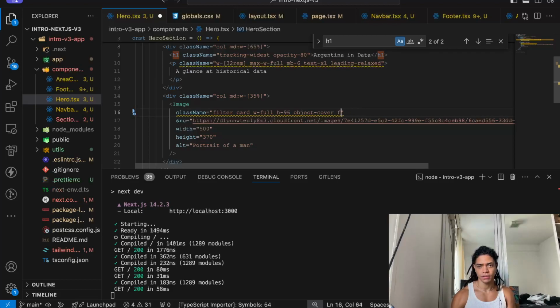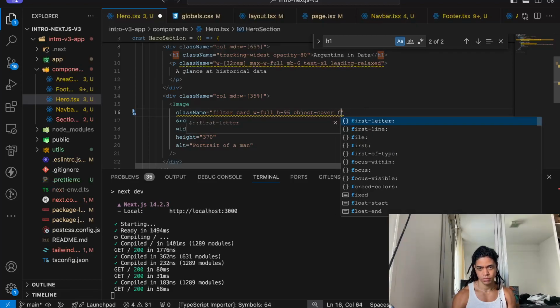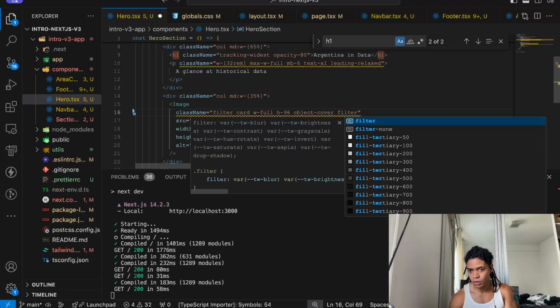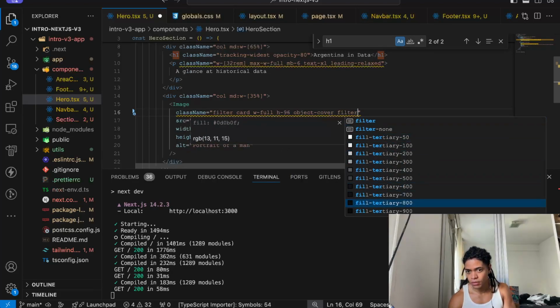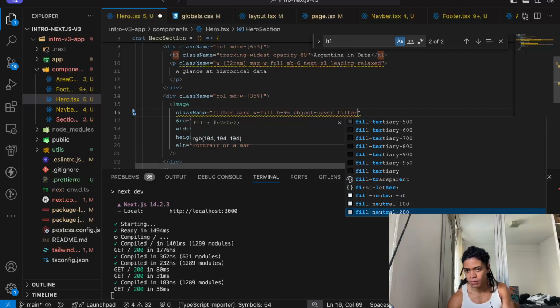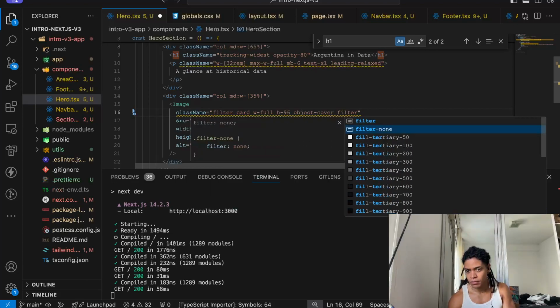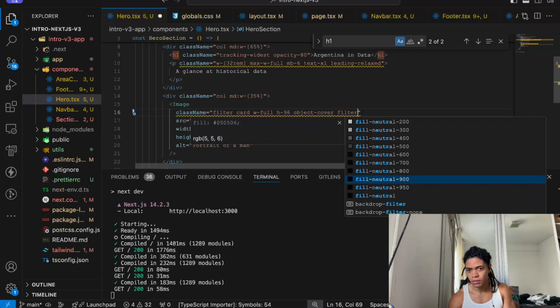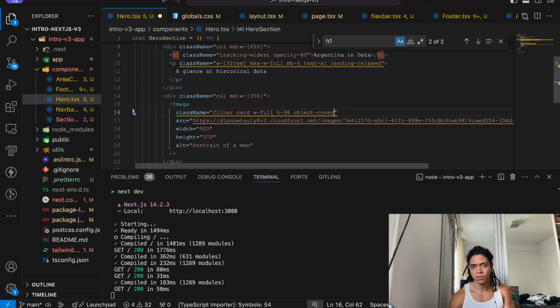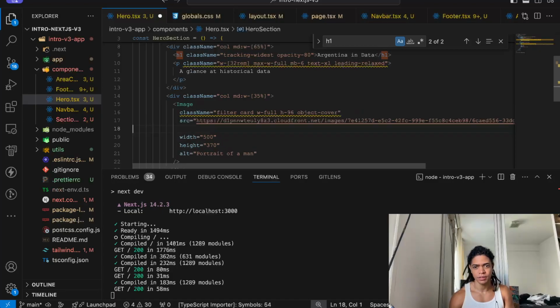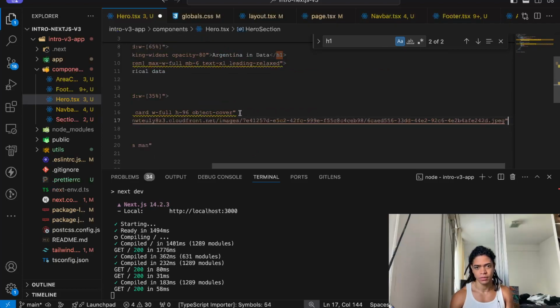What we're going to do is add a filter. Because for this particular style, what I want to do is to say filter drop shadow, as a way to provide a shadow here. Okay.